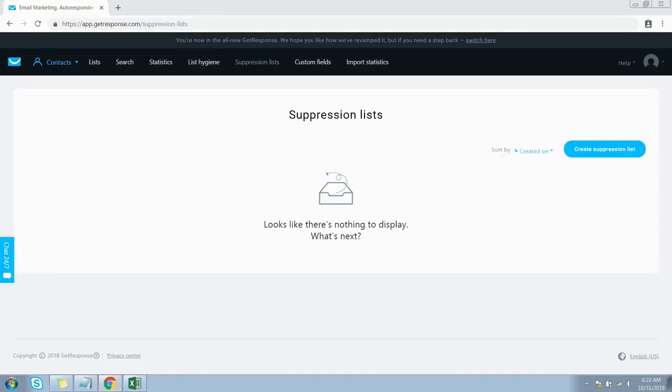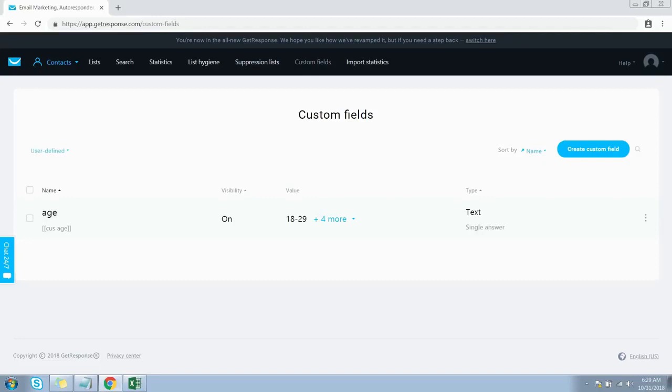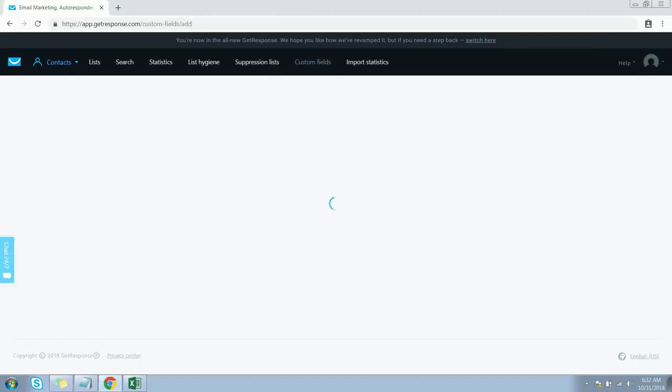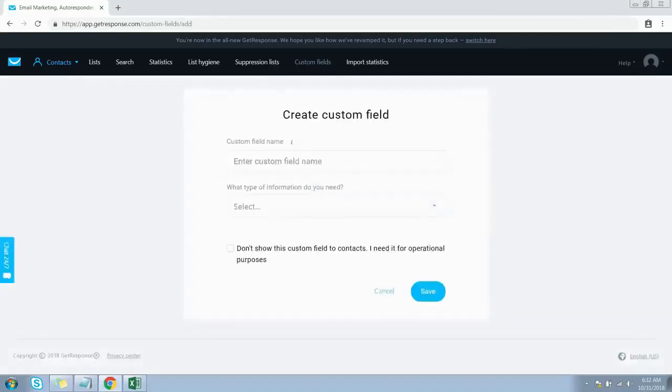Now let's jump over to the next option, which is custom fields. So you can add the custom data that can be entered into your message to personalize it for each subscriber. You can create personalized fields for your contacts, which let you collect any information from your contacts that will be helpful to you, such as phone and fax numbers, company name, the number of employees, etc. So just click on this custom field button right here, which will open the wizard where you can set up the custom fields.